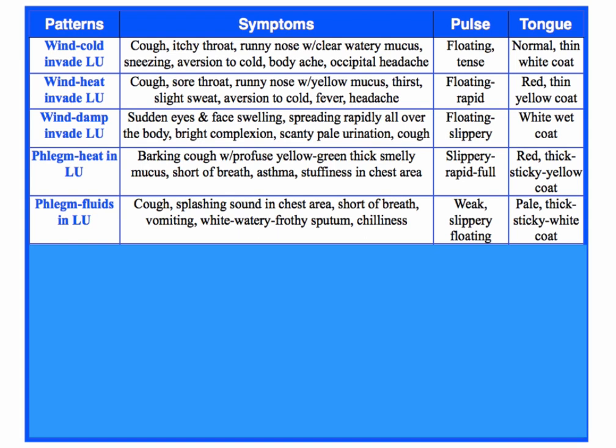The next two are interesting because they can both be specifically phlegm. Phlegm heat in the lung is an excess pattern that could be chronic or acute. Let's pick a disorder like chronic bronchitis or acute bronchitis, right? So the phlegm is going to show up as profuse phlegm. The person is coughing yellow, thick, smelly phlegm, gross, and it's a barking cough. A barking cough is a cough that's really loud, like a smoker's cough, and they're coughing because it's excess, right? And they would be short of breath because, of course, it's impairing the breathing.